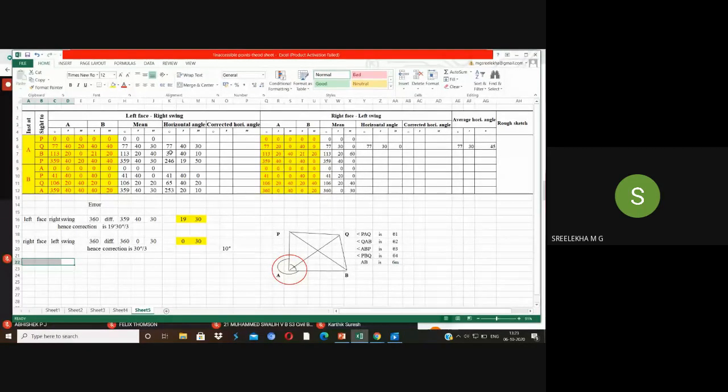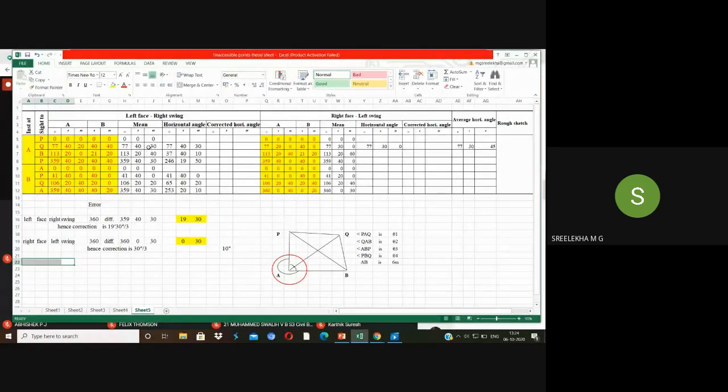QAB. How are you getting that? Just subtracting this value from this value. Okay, so you can just verify, you are getting this value on your own. So likewise, you'll have to get each horizontal angle, whatever be the angle between Q and B. Similarly, B and P. So separately, I have obtained the horizontal angle in between each of the points. That is the horizontal angle.